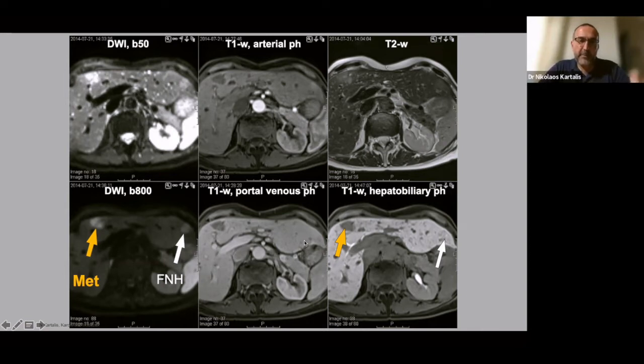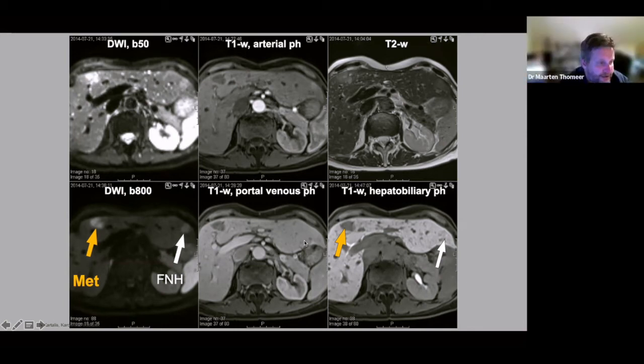you need to remember that even in the best of all worlds, the ADC values can vary up to 20 to 30% even in the same patient on the same machine at different time points. So absolute values can be tricky, but the idea with this case is to show that the surrounding liver has to be evaluated together with the lesion. The lesion itself is difficult to evaluate if you don't have the surrounding parenchyma.